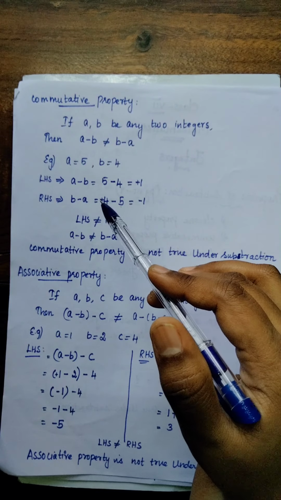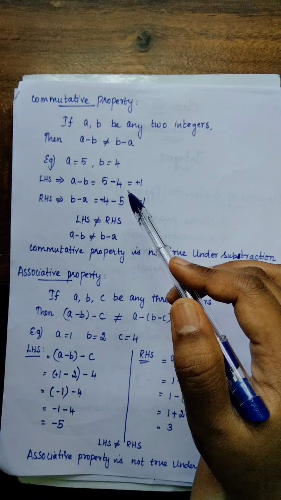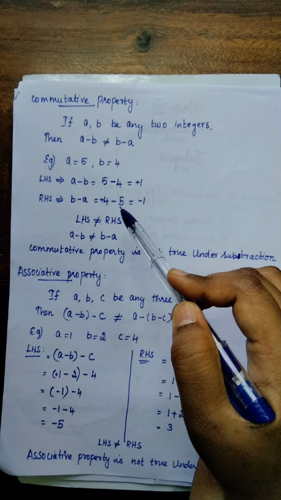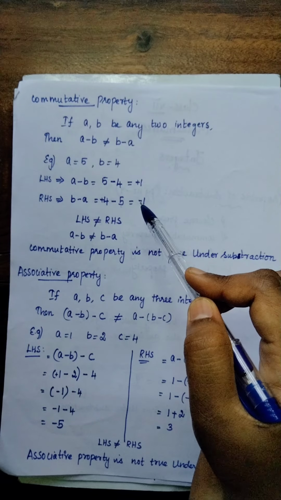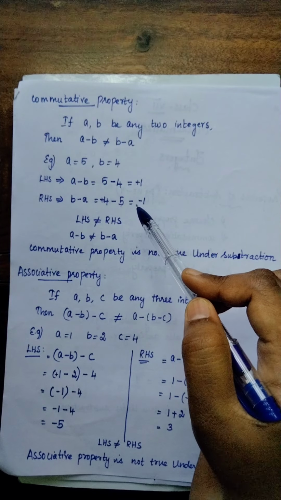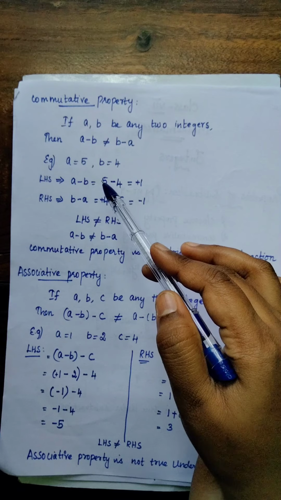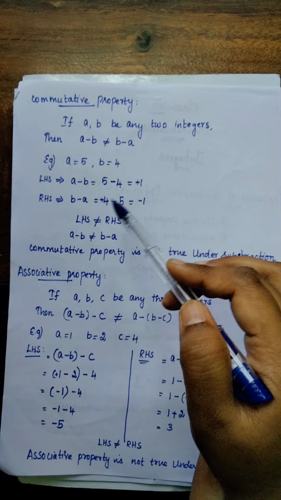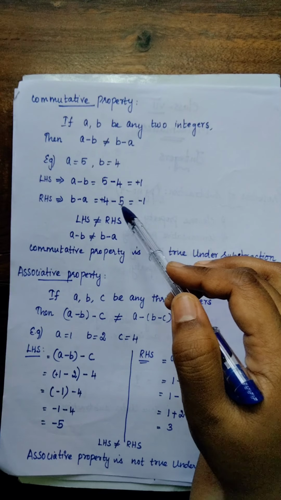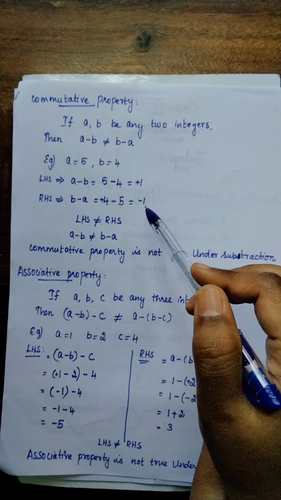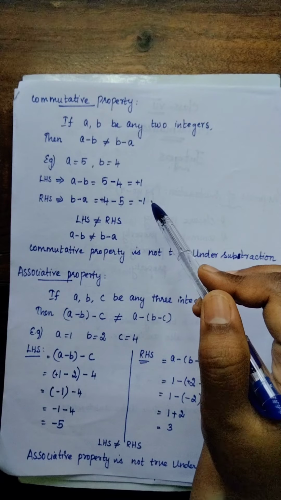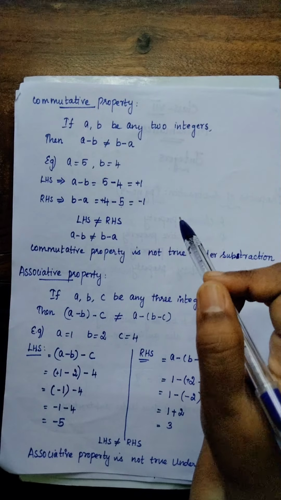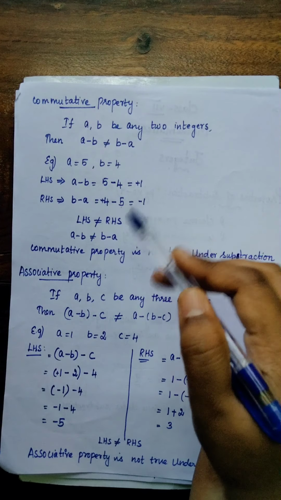One number is having a plus sign, another number is having a minus sign, right? So first subtract both the numbers and put the sign of the greater number. Here 5 is the greater number, and the sign for 5 is minus, so it is minus 1. In the first part, the sign for 5 is plus, so our answer is plus 1. Whether 1 and minus 1 are equal? It is not equal, so LHS is not equal to RHS.